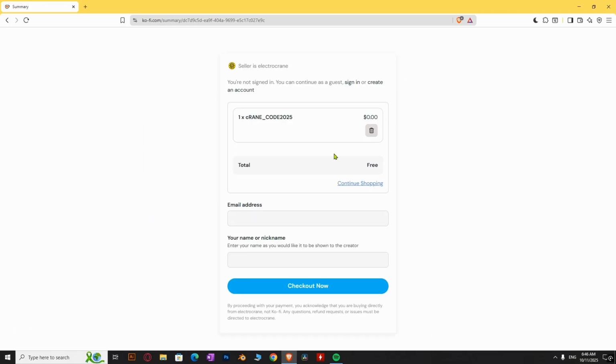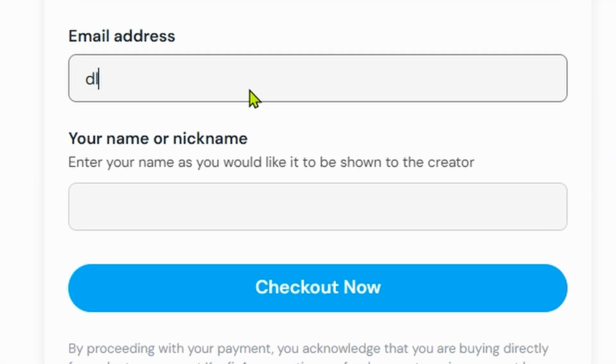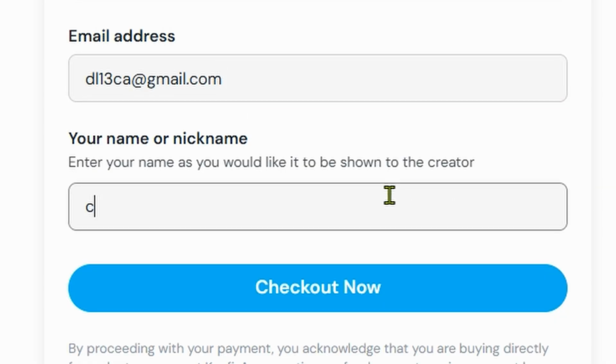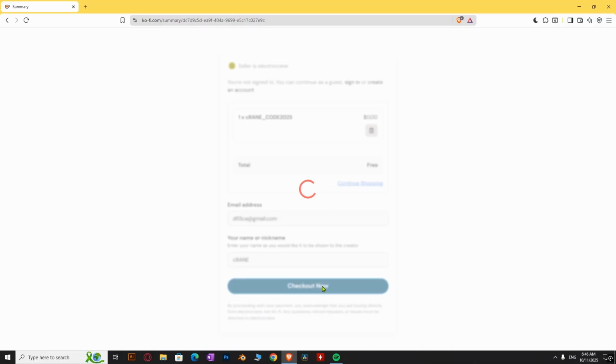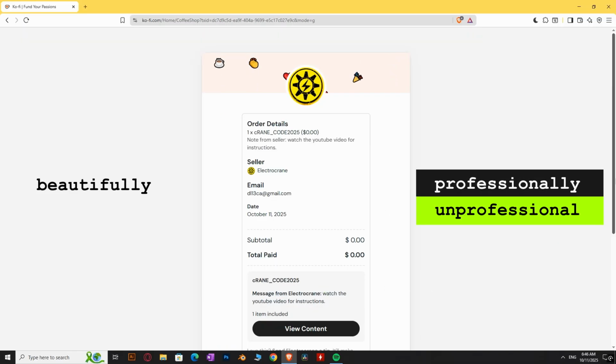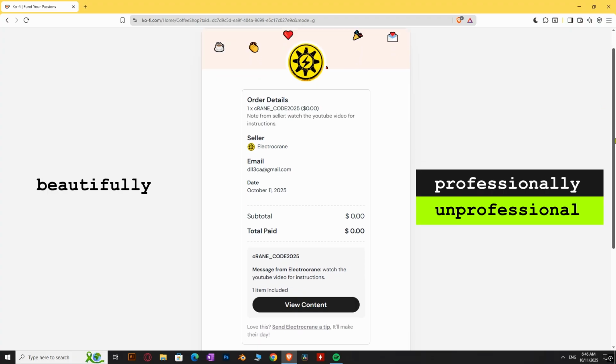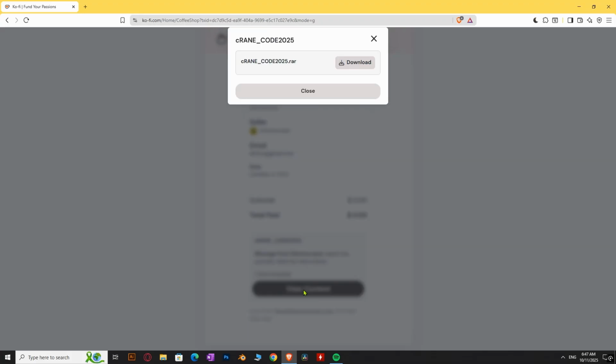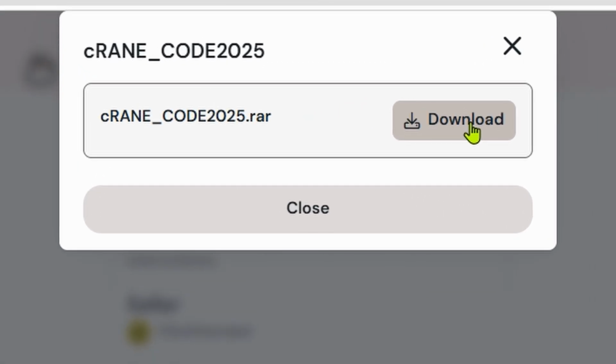This will redirect you to this page where you put your email address, so I can update you if I make any changes to the code or make an improvement, and you put your nickname, whatever, and just click on checkout now. It should open this beautifully professionally unprofessional receipt. I know, right? Just go to the bottom of the page and then hit view content, and you'll be able to download it. Hit download,